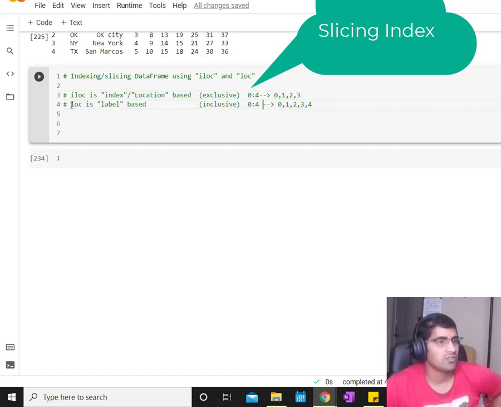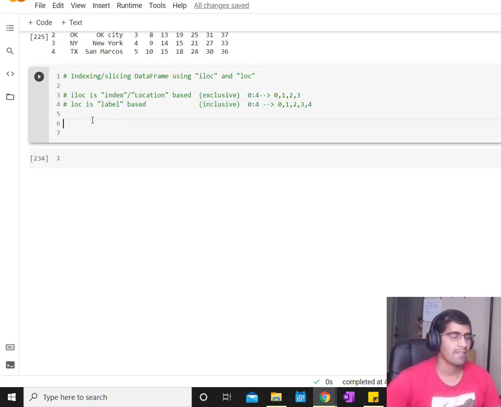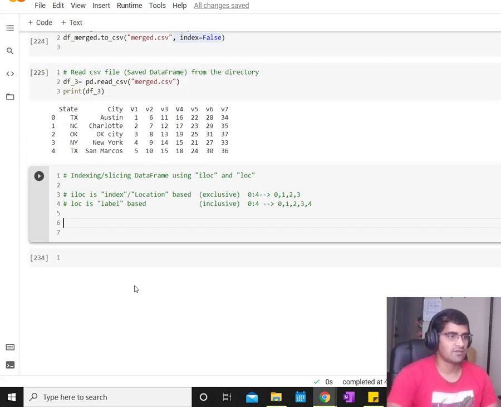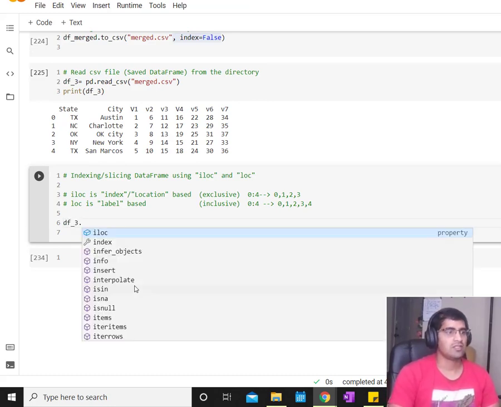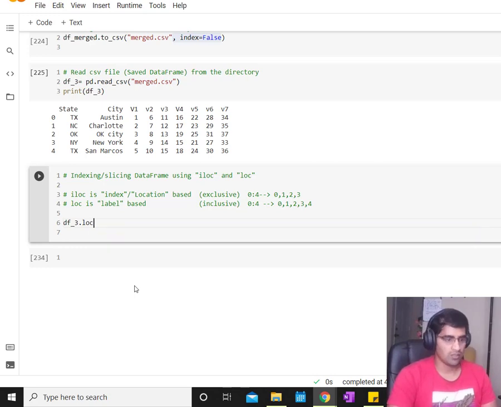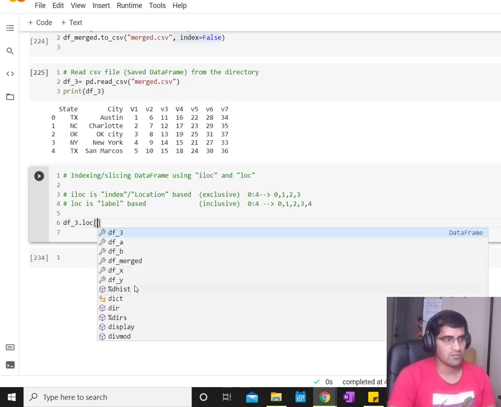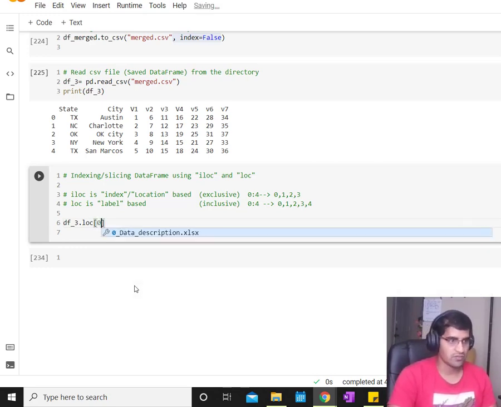But if you use loc, then it is inclusive, which means it will start from 0 and end at 4 right here. So let's see, we already have this data frame df3, right? Now dot loc, and in the first bracket we will take from 0 to 4.